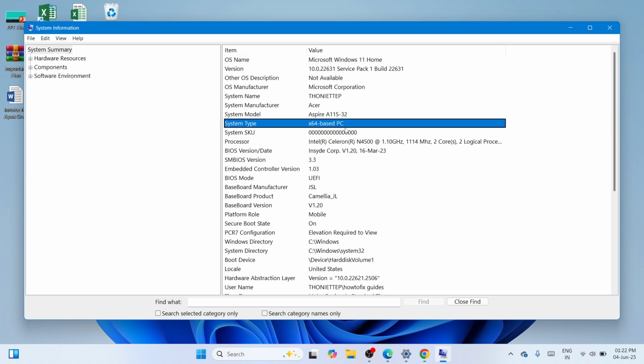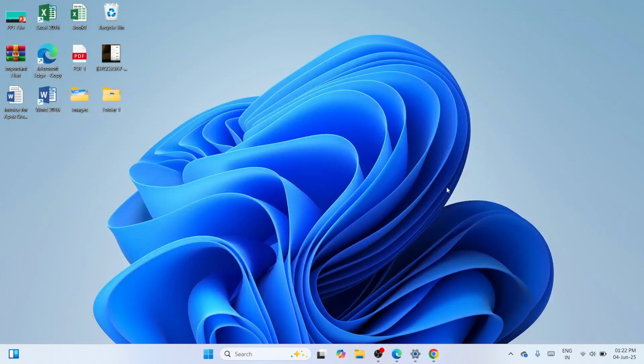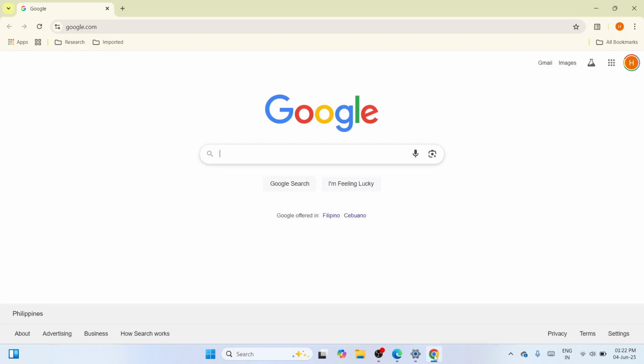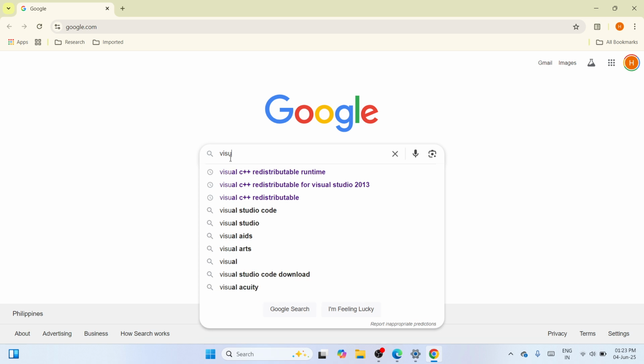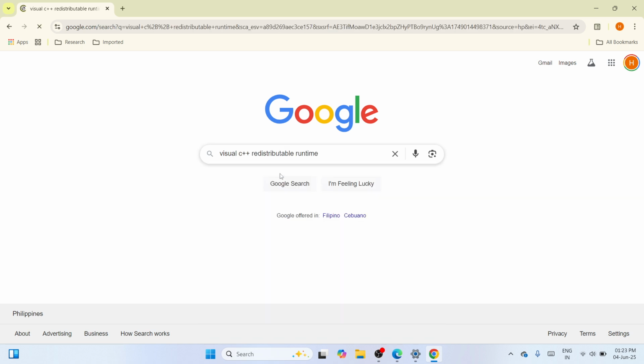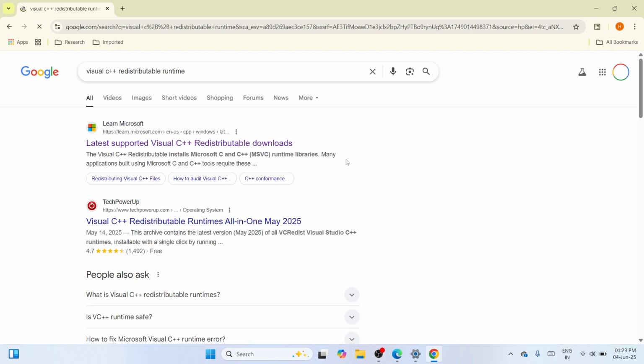Once you have identified the system type, mostly Windows 11 has an x64-based PC. But in case you have a different system type, at least you know. Once you know your system type, close this window and bring up your Google Chrome browser. As I mentioned earlier, the missing program or application is Microsoft Visual C++, and that's why you faced an error. So please type "Visual C++ Redistributable Runtime" and press the Enter key on your keyboard,